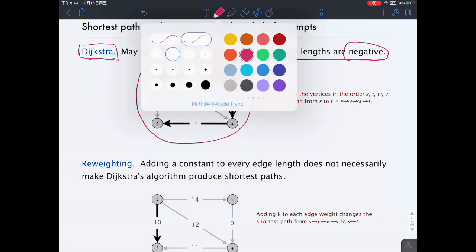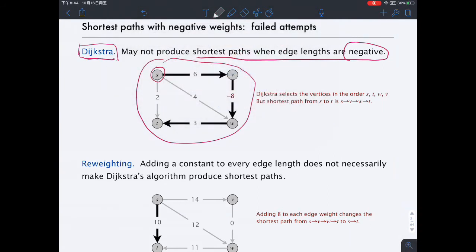For instance, if we run Dijkstra on this graph, starting from S, in the very first step, it is going to look into all its neighbors, the neighbors T and V, and